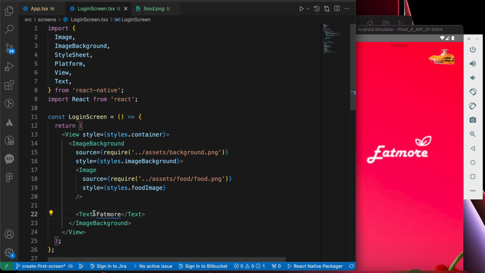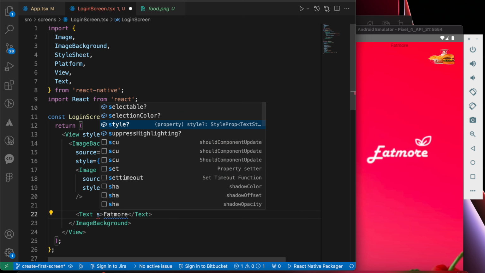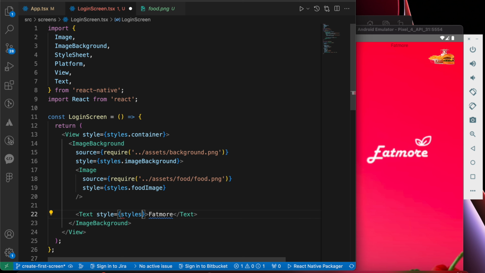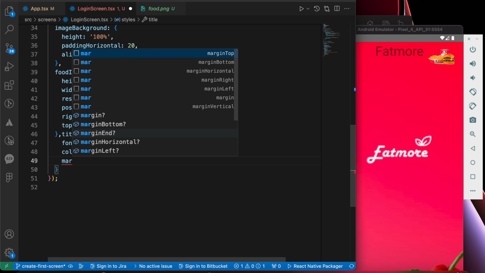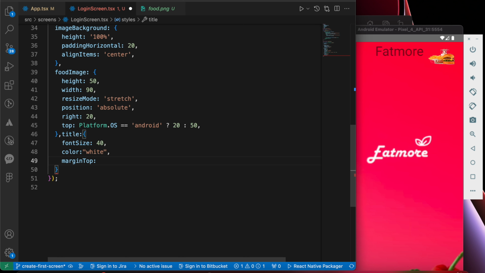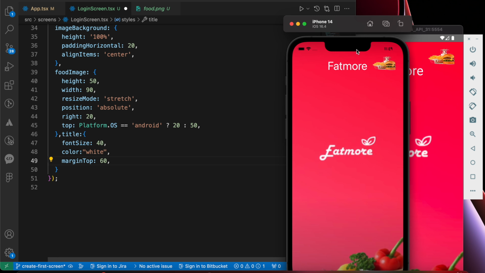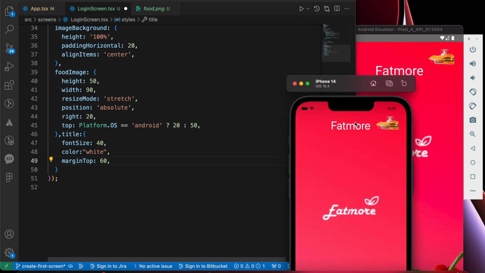Now let's add a styling to this text. Let's call it styles.title. Let's give it a font size of 40, a color of white, margin top, let's make it 60. If we have a look in the iOS, we want to give it some more